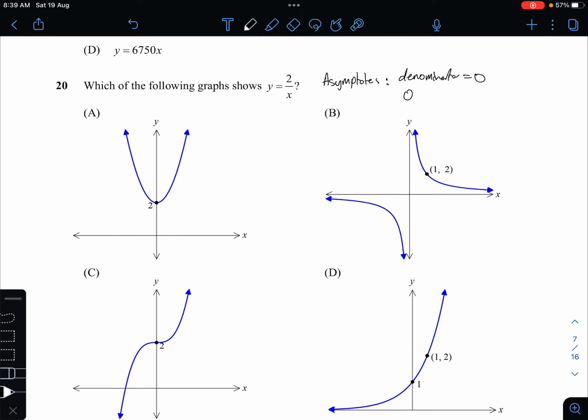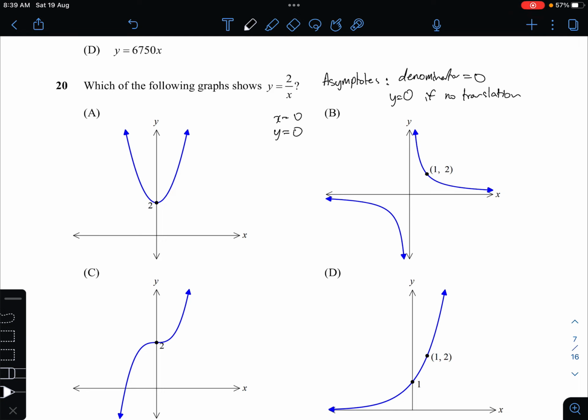And y equals 0 if there's no translation, which in this case there isn't for the denominator. So denominator equals 0, x equals 0 is an asymptote, y equals 0 is an asymptote because there's